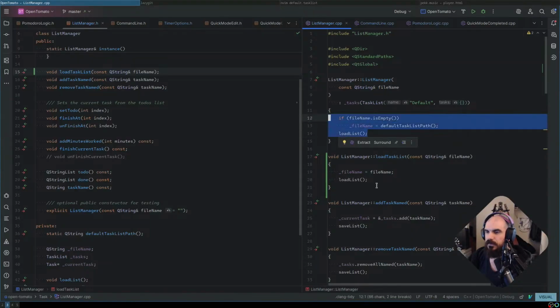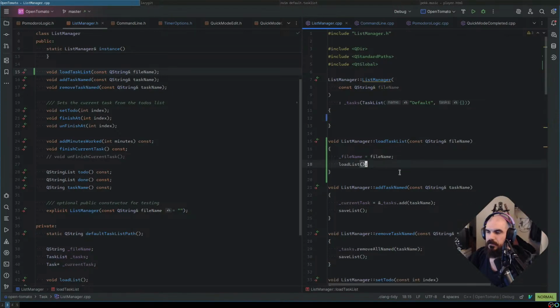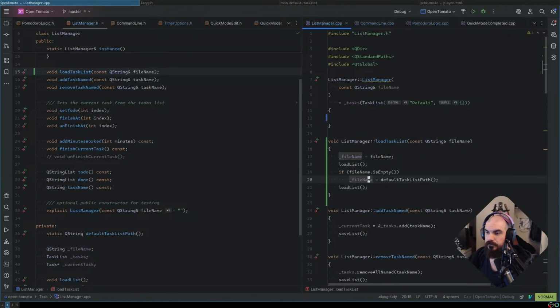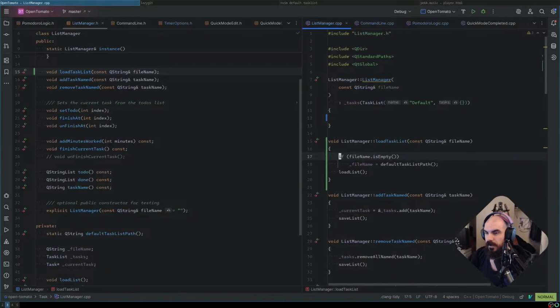Gotcha. So this is actually going to come down here. Right? Because we still want to do that error checking. And all we're going to do here is say load task list file name. Right? Because we want that same error checking every time we call load task list. And what we can also do,